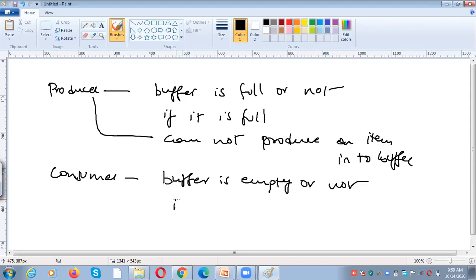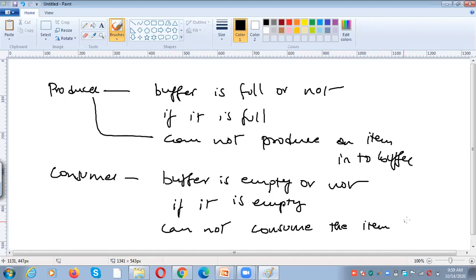If it is empty, it means there is nothing in the buffer, so the consumer cannot consume an item from the buffer. So you got my point? The producer has to check whether the buffer is full or not, and the consumer has to check whether the buffer is empty or not.